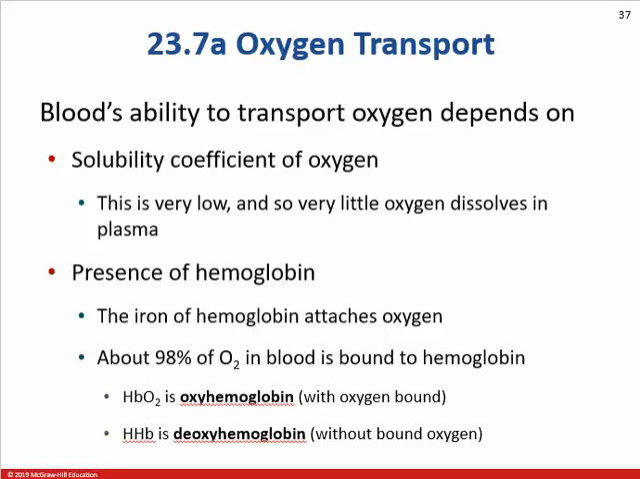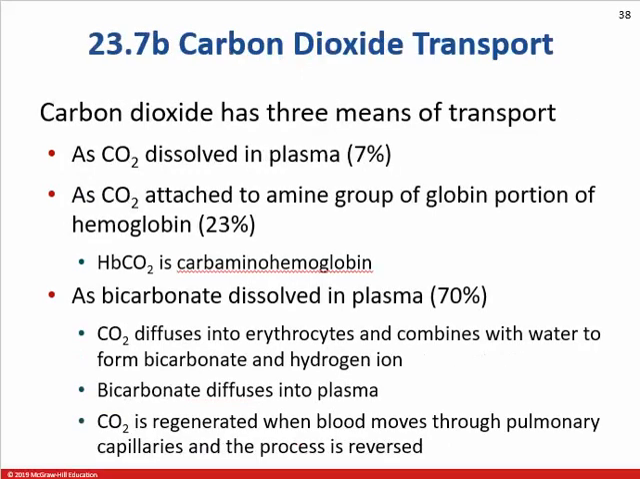And about 2% actually goes in the plasma. Carbon dioxide, on the other hand, will go into the plasma. 7% of that will stay as CO2. About 23% actually will go onto the hemoglobin and join onto the globin part, like onto the protein part, not onto the heme part. But most of it, 70%, the carbon dioxide has a chemical reaction with the water, so CO2 plus